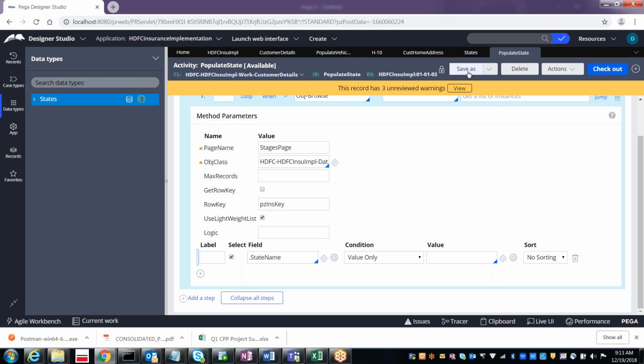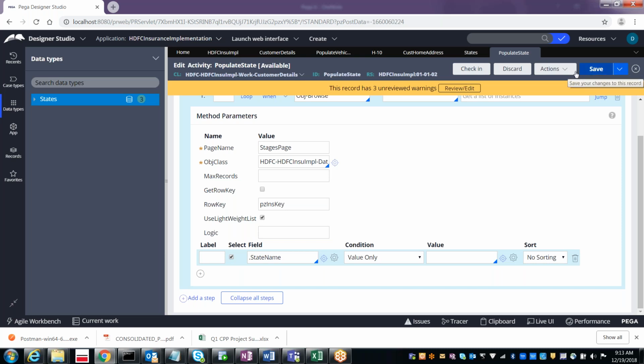Why is it asking me to save as? Anyway, 010102 is available, right? So why is it asking me to save as? It is locked, yeah, exactly. I did not check out first. Check out, yeah. Once you do the checkout, then save is available.